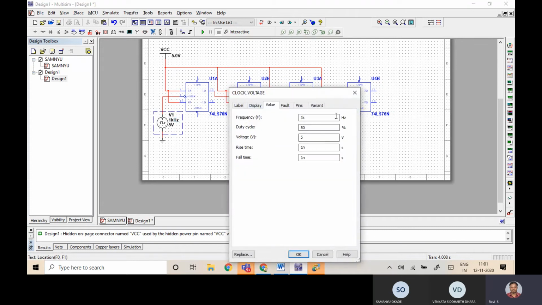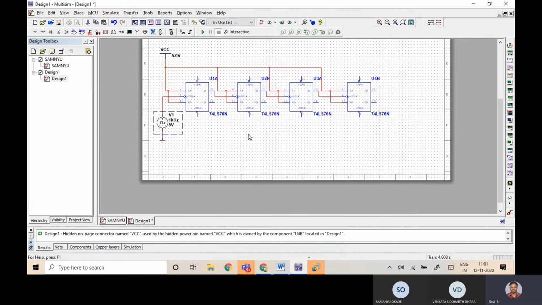Go to value. It is mentioned as K, right? Let me remove the K. I'll just mention it in hertz.